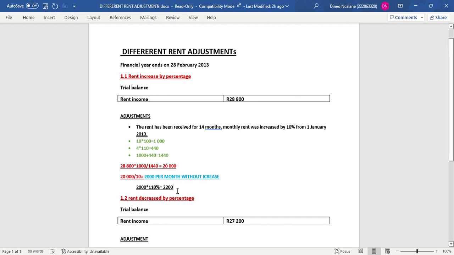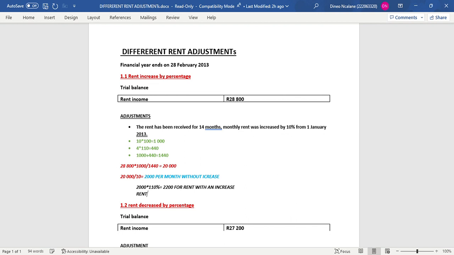2200. This 2200 is for rent with an increase. Okay, increase. Don't mind my spelling. Okay, so if you are now writing on the income statement, on the income statement you are going to say it would be like rent income. Okay, then the brackets,